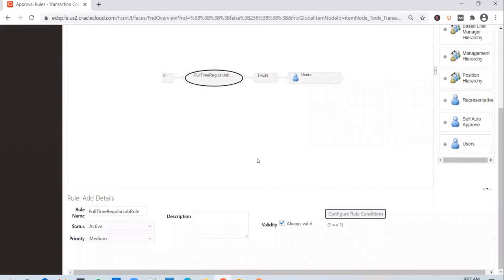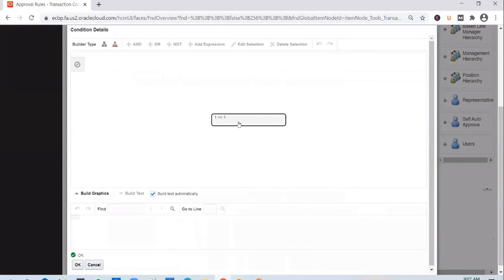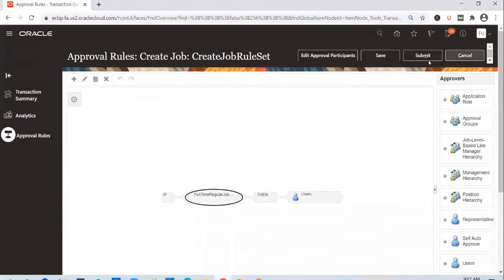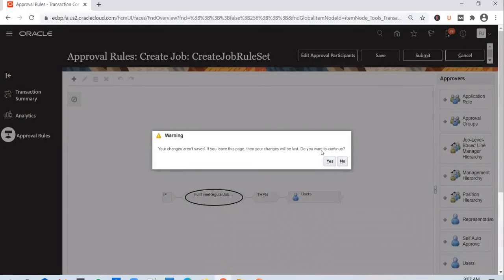Click on configure rule conditions and select the condition. For some reason it is not letting us edit the selection. That's okay. Let's cancel it, come out and go back in again.